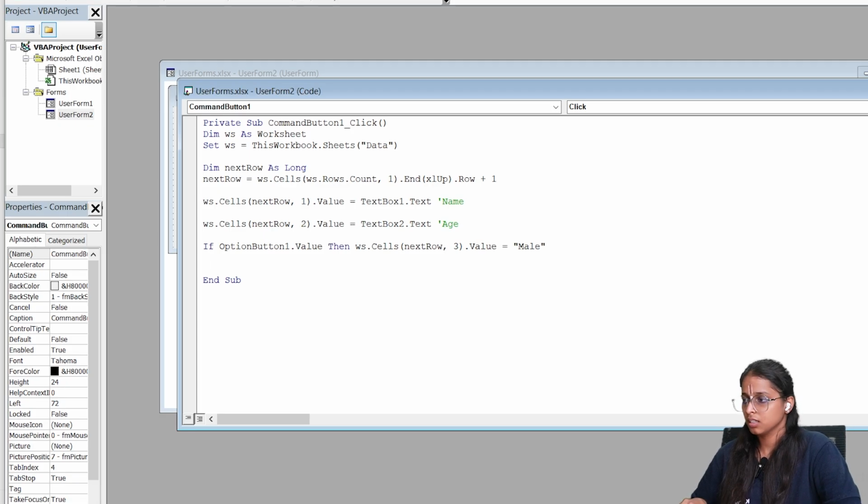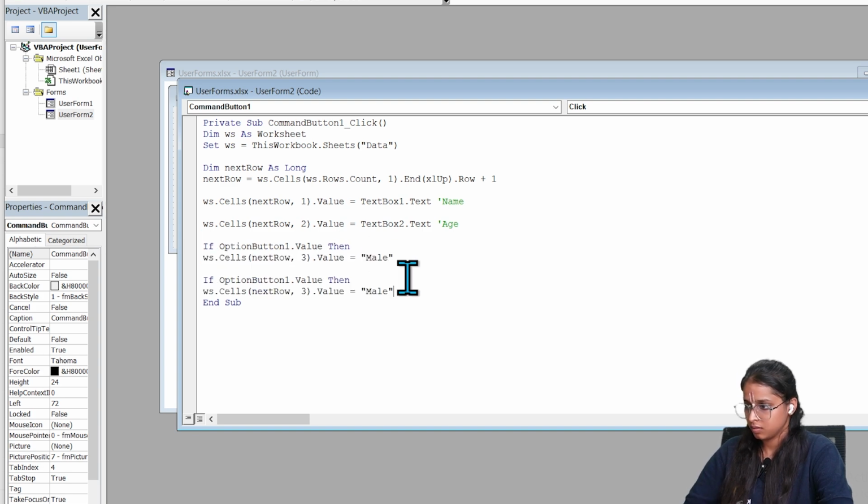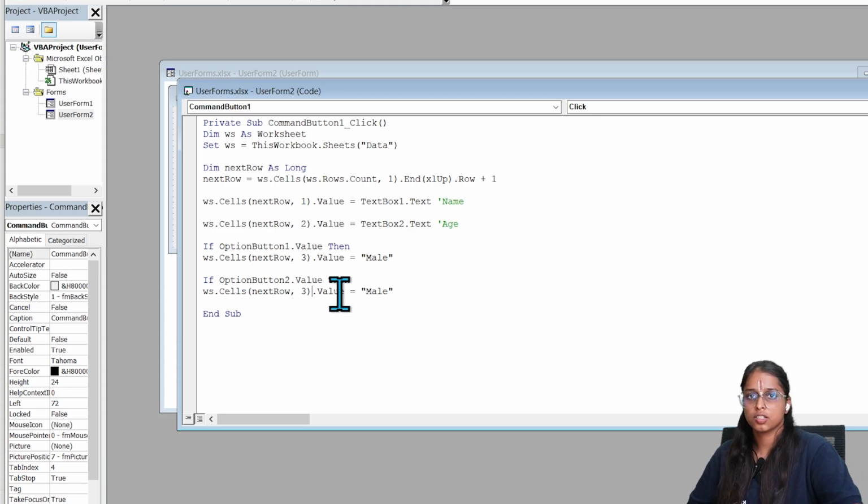Then if option button 2, next row comma 3 dot value is equal to female.